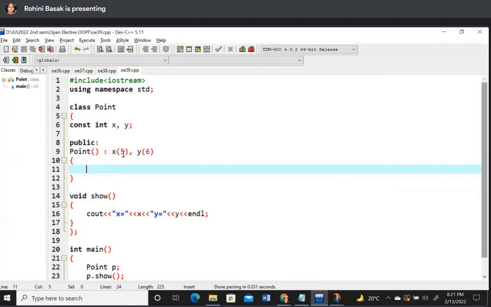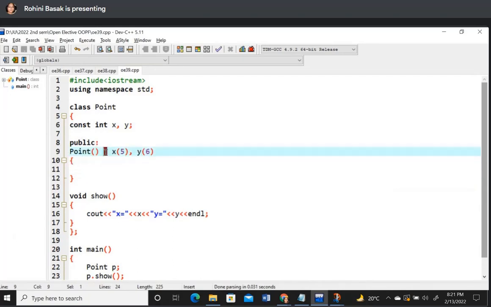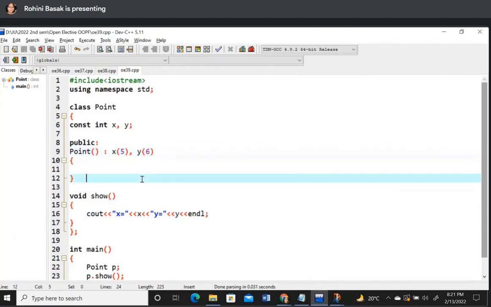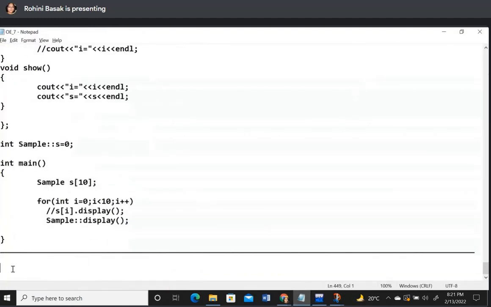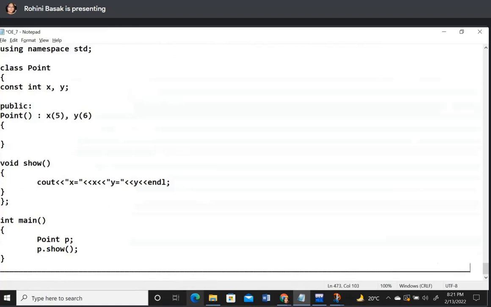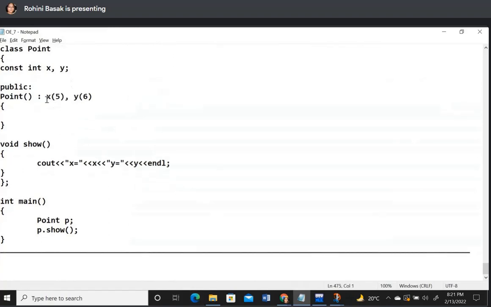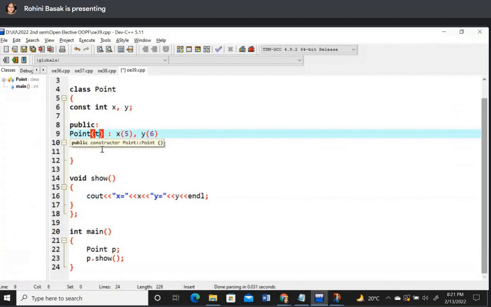Okay, then in this particular case, in case of constant variable, they must be initialized in this way. It is after the constructor name followed by scope resolution and then in this way. এটা কিন্তু মাথায় রাখবি। If a member variable of a class is declared to be constant, in that case they must have to be initialized after the constructor definition, only one colon, scope resolution কিন্তু নয় ওটা, only one colon, then followed by this. ওকে, আচ্ছা এইবার ধর যদি এরকম আমি যেটা আগে লিখেছিলাম, মানে if it is a parameterized